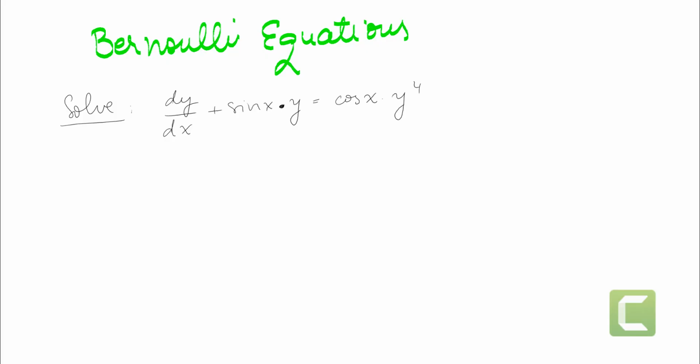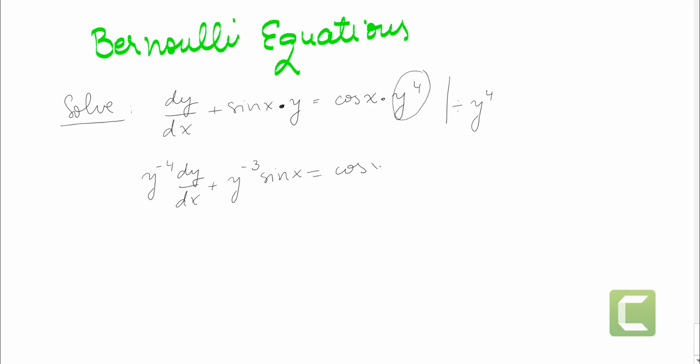Let's solve a differential equation called Bernoulli equations. So let's solve dy/dx plus sine of x times y equals cosine x times y to the fourth. So the very first thing that I'm going to do is divide by y to the fourth, by this term. So we get y to negative 4 dy/dx plus y to negative 3 sine of x